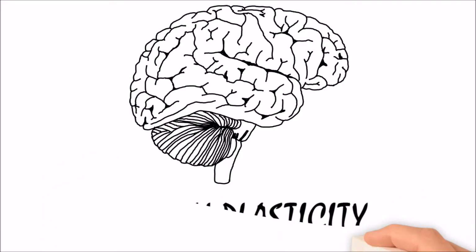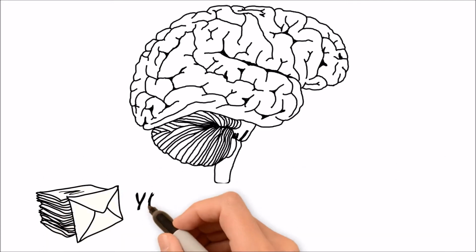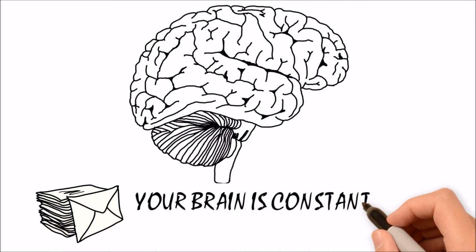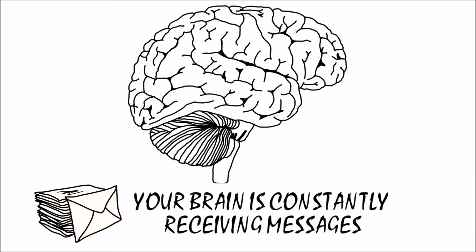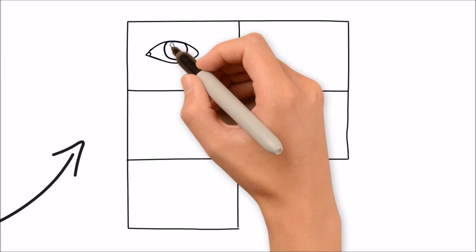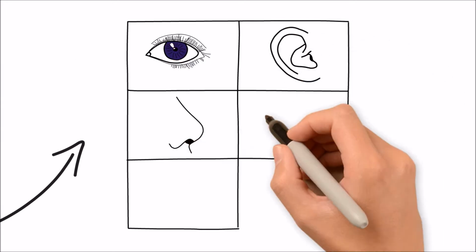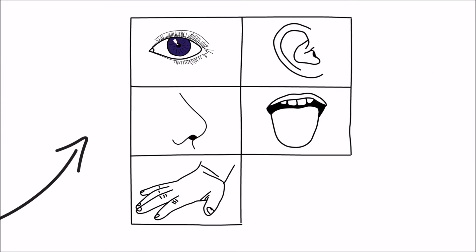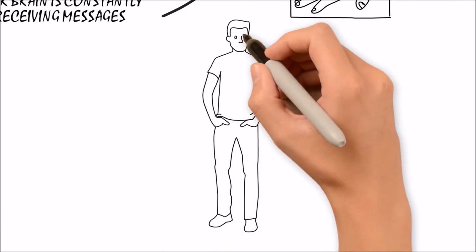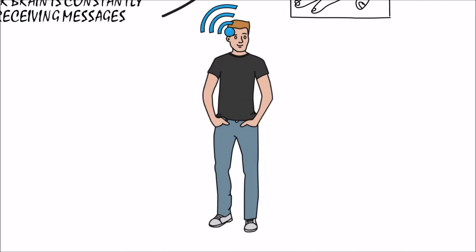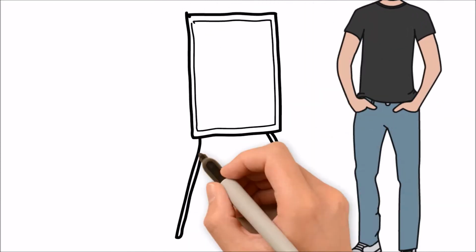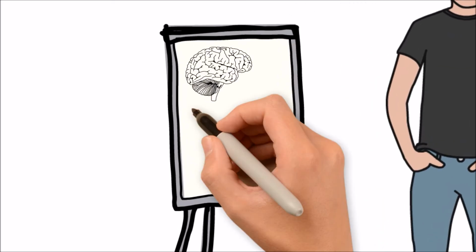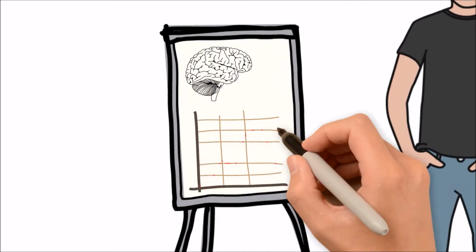Well, to start with, your brain receives a constant supply of messages about your body and the external environment from your sensory organs. That's your eyes, ears, nose, tongue, skin, and so on. With this information, your brain maintains a 3D map of your body and keeps a tab on what's going on outside your body. Your brain needs to interpret all of this data from your senses.